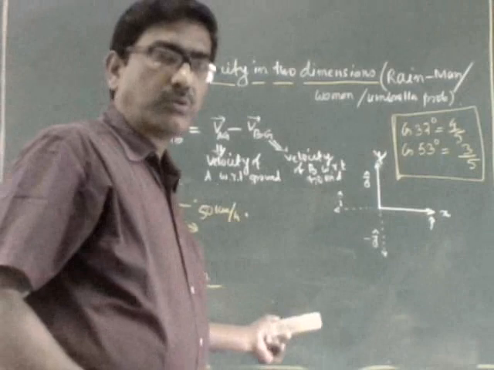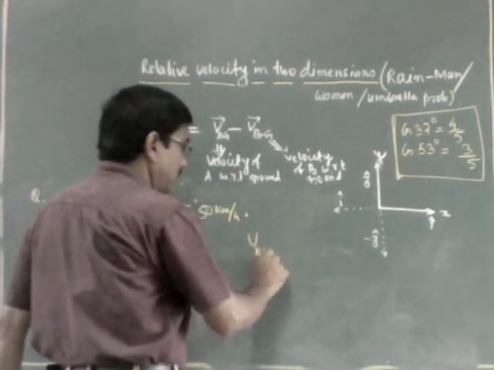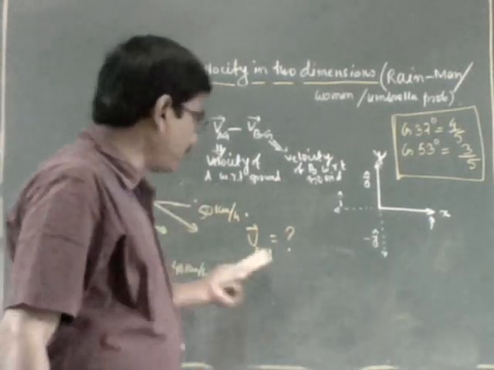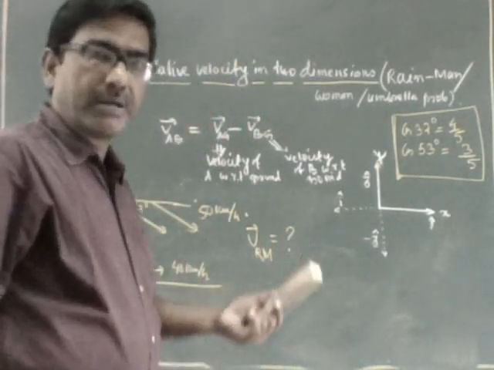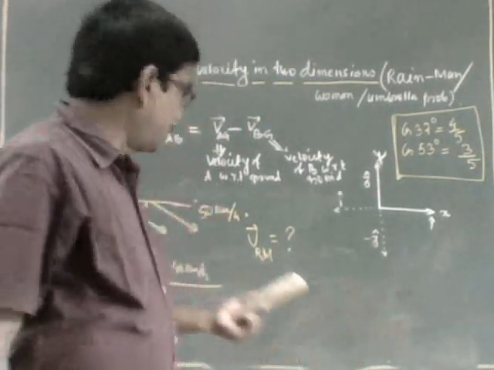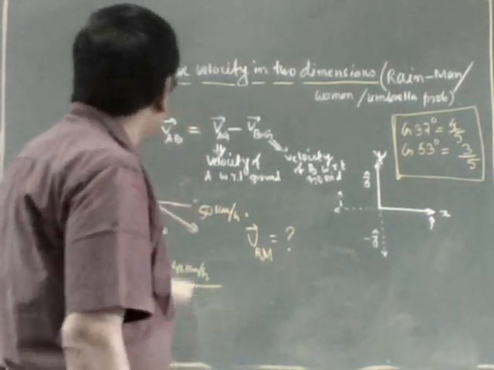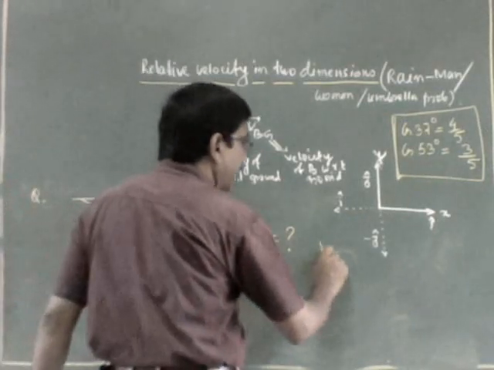Now you have to find the relative velocity of rain with respect to the man, and at what angle an umbrella is to be kept to save him from rain. So let us see. Again, VRM